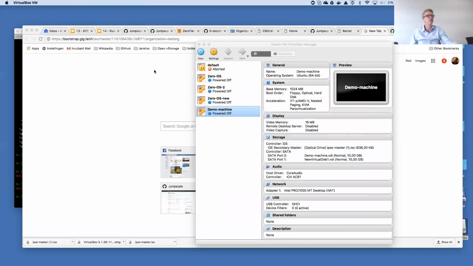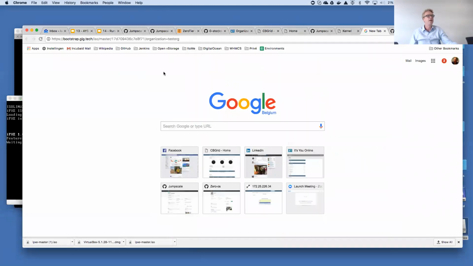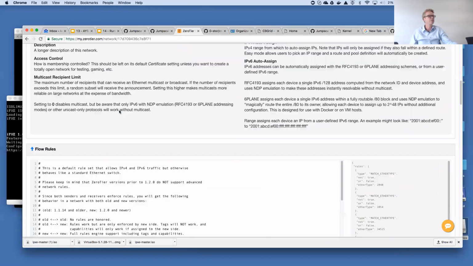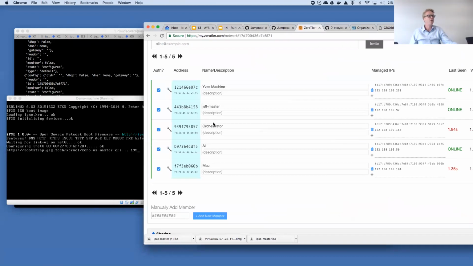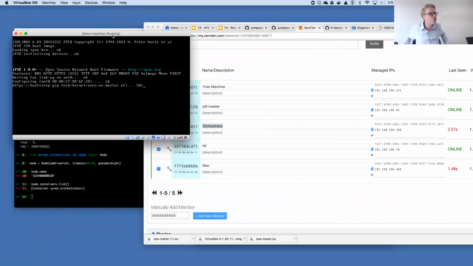Now, as a result of that, the machine is starting here. And what you should see in 0 tier 2 is that it should pop up, and the orchestrator should be able to see it and authorize access. That is what should happen. And if it doesn't work, as always, this is demo, always risky. It's part of the experience, I guess. It's probably something that is still wrong in my setup, but I'll see.